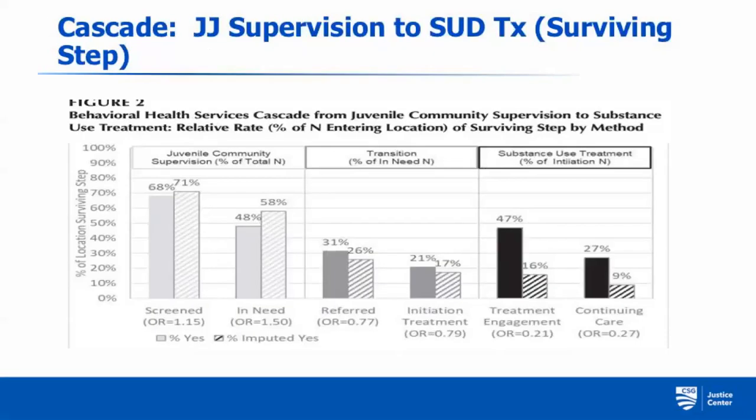Okay, so Mike also provided another way of looking at this, and this is really called the surviving step model. I'm not going to go through that today because I want you to read the article and we can talk about it next time. It's just a way of balancing the denominators, so you're taking account of just looking at the in-need population, not just the prevalence at each data point.